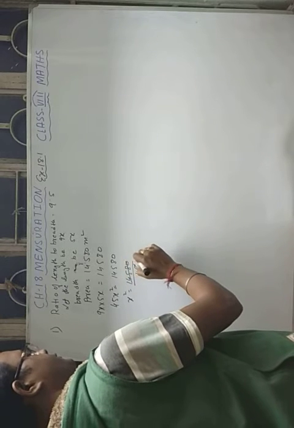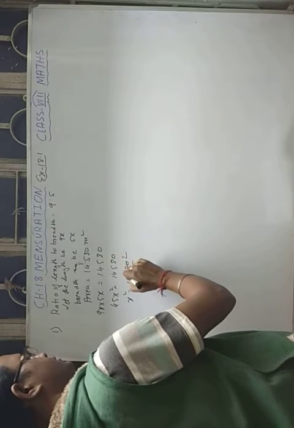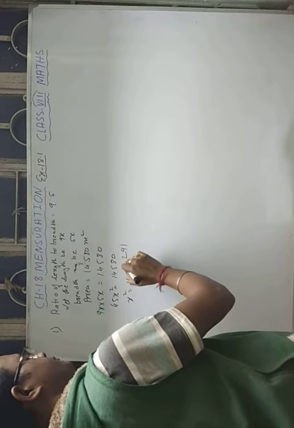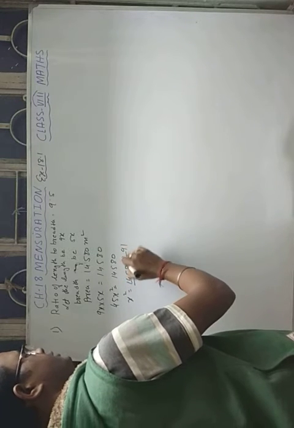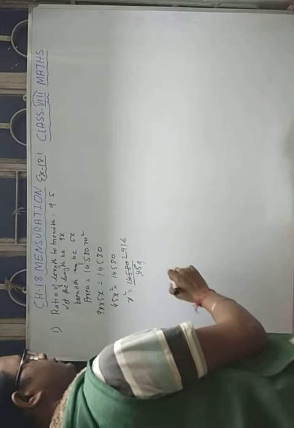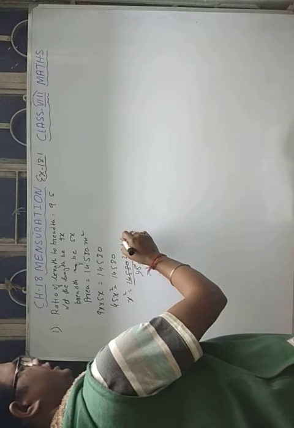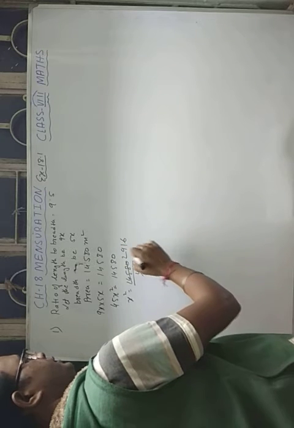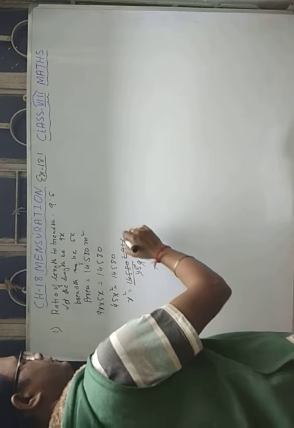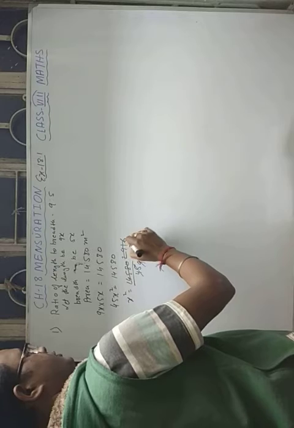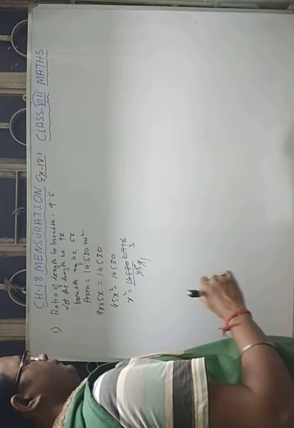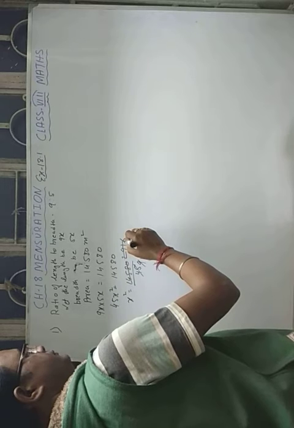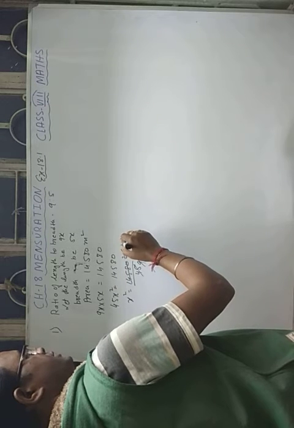So 5 9s are 45, 5 2s are 10, 45, 5 9s are 45. So only 8 is there. 5 1s are 5, 30, 3 is left, 30, 5 6s are 30. So it's 9 plus 10, 8, 16 plus 2, 18. The sum is 18, so it can be cancelled by 9 only. So 9 3s are 27, carry over 2. So 21, it is 21.